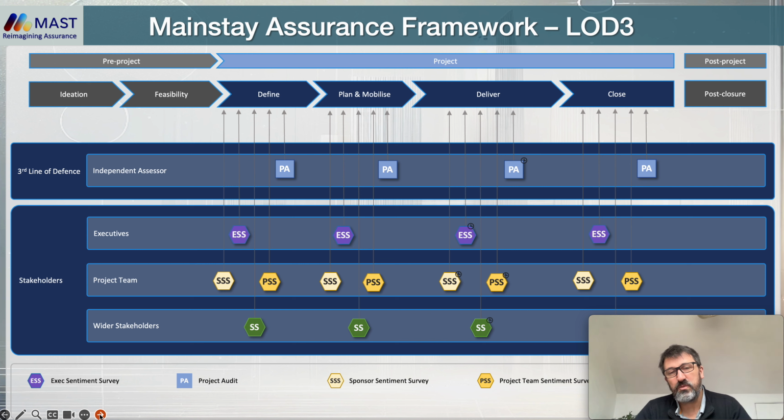And finally, if it's appropriate, and you do have a third party, or if you do have an independent group within the organisation, you can carry out your third line of defence. So these are your formal project audits, and again, you can elicit feedback from various stakeholder groups, which may shape how you carry out your assessment. We always recommend that whoever carries out the third line of defence has access to your first and second line of defence results, and again, this might shape how you carry out the audit itself.